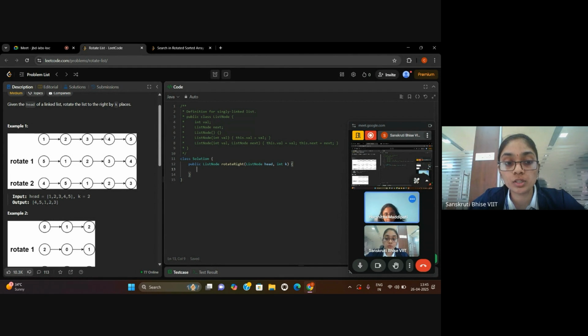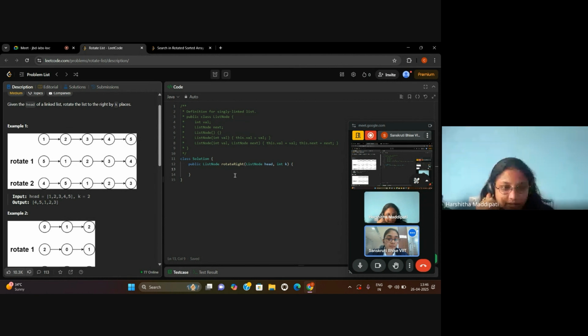Sorry, I will store the next element first, because if I break the linked list directly, I will not be able to reach this node. So I will store this element and break here. After this, I will traverse until I get the last node pointing to null, and at that point I will attach the start point of this node one.